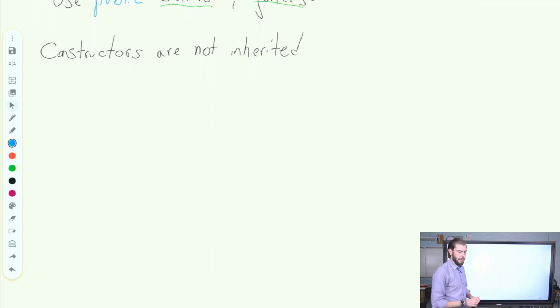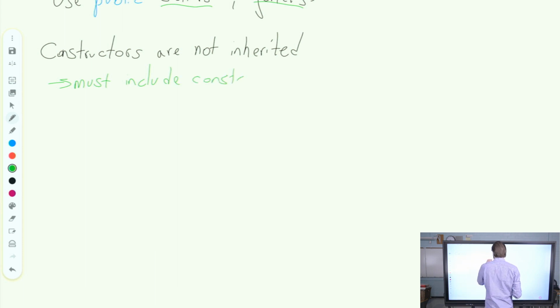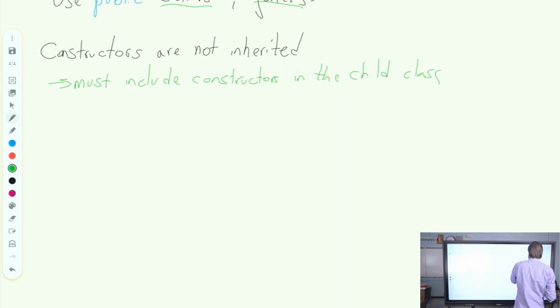So if you want to instantiate your child class, you must include constructors in the child class. If you don't declare a constructor with a certain parameter list in the child class, but it is declared in the parent class, and you try to use that parent class constructor on a child, you will get a compile time error. So you must include constructors in the child class,